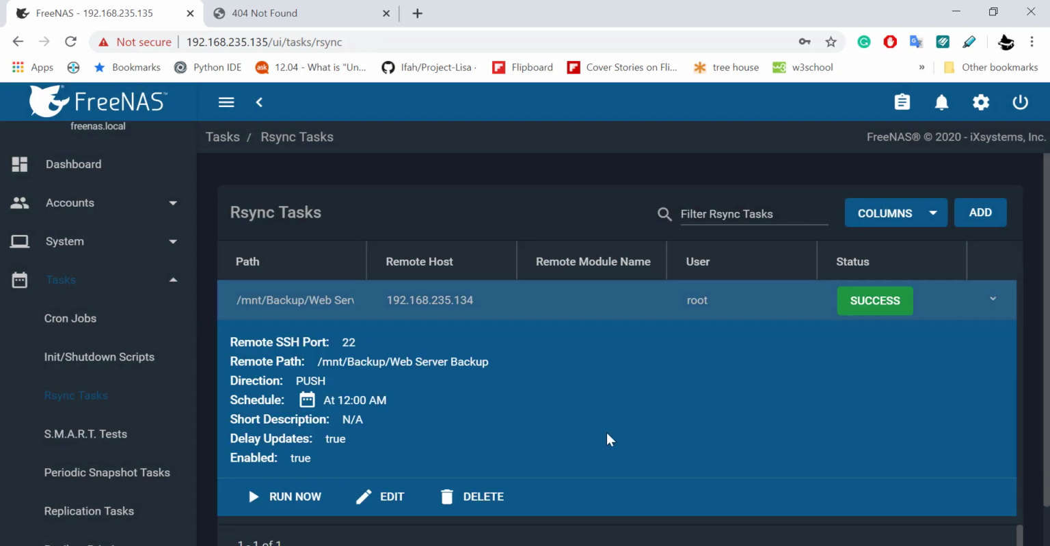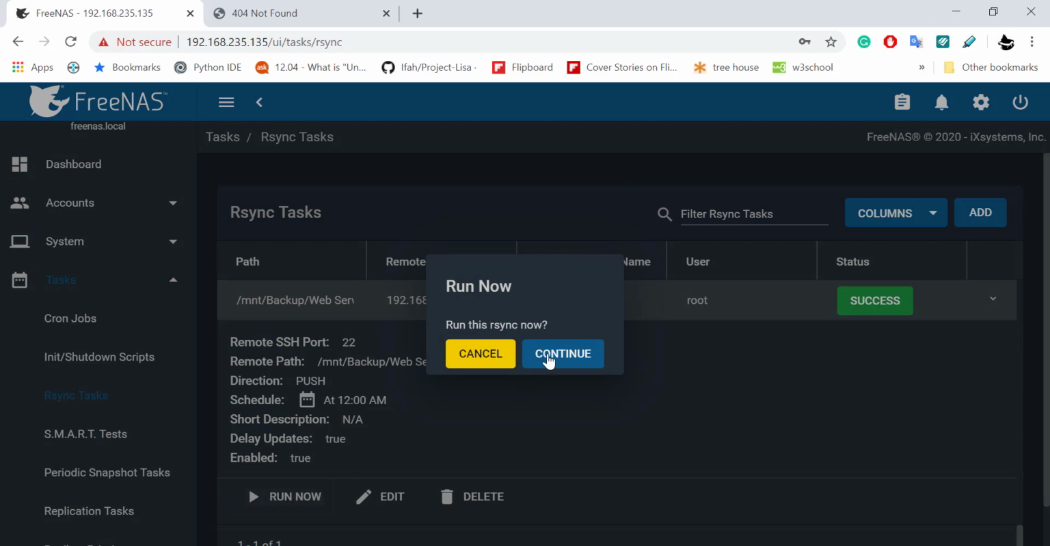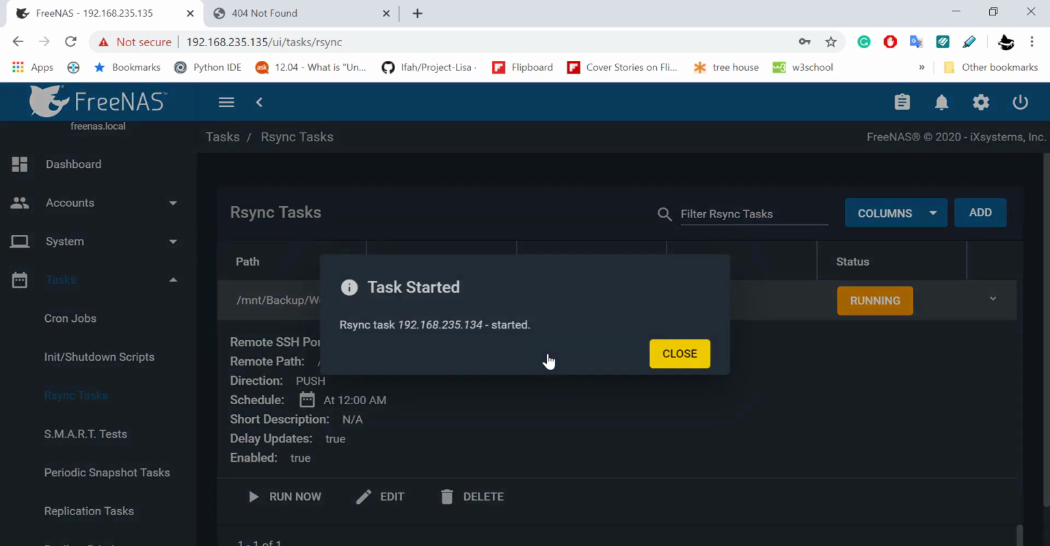We can see the direction is push. Let's push the contents back to the web server. Let's run it. Continue. Run. Continue. Now this will take some time to copy all the contents that were previously backed up from the web